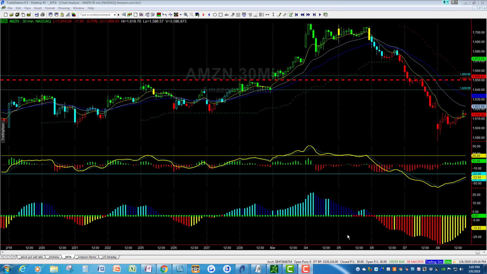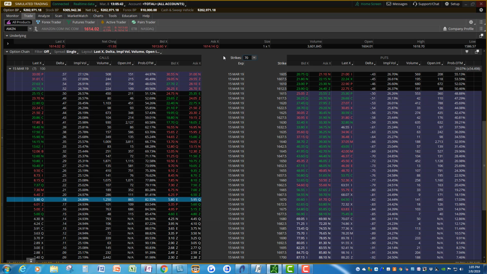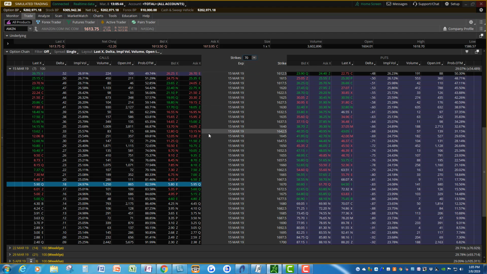account right here. This is Amazon. You can see I am in the overall expiration for next week. Let's just assume that everything we've seen, that thing is going to be bearish. I'm not going to do any analytics on this. We see, for an example, that the expected market maker move is about 50 points, so we want to be above that. So above 50 points, so we want to be about 70. So let's say about 1670.